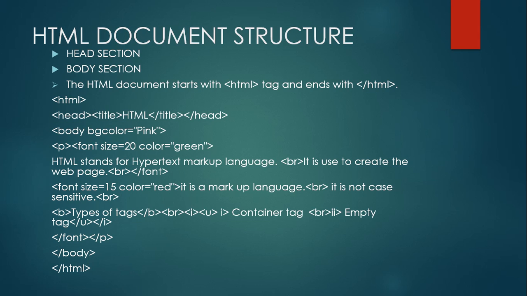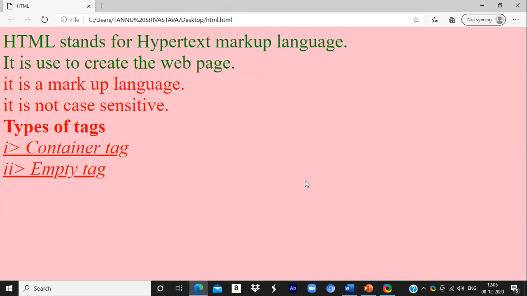One more thing, when we are using the tags in a program, they should always be closed in reverse manner. We can see all the tags are closed in the reverse manner. And the last one is slash HTML and second last will be slash body. HTML tag is also called the root element of the HTML. When you execute that program, you will get the output like this.